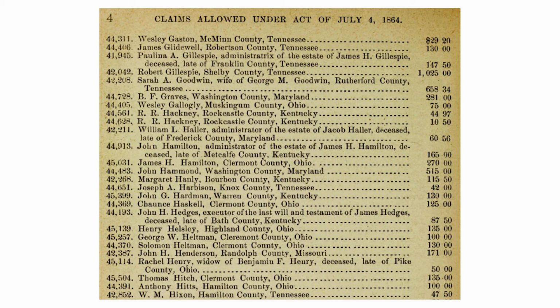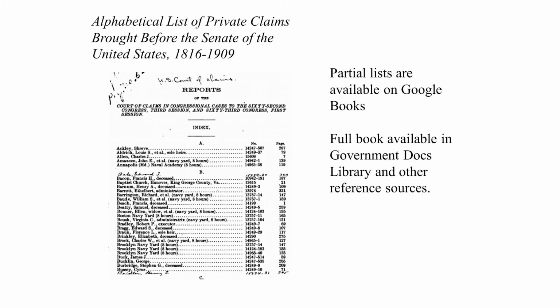They were published several times in regard to the acts, and that's the claim acts. Those are all listed in this handout. Every one of the acts of claims is in there by date. So maybe more than you want to know, but I want you to be able to find this stuff. There's a lot there. A partial list of even additional information on the private claims for all the years through 1909 is available on Google Books. Full books are available in government doc libraries, including here. So you can always ask the staff. They will help you